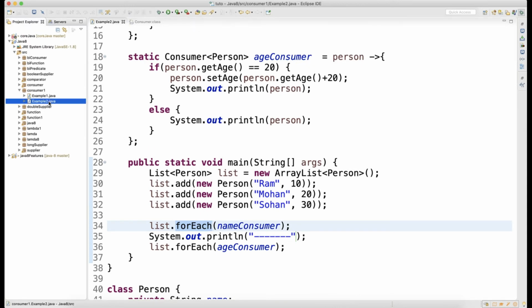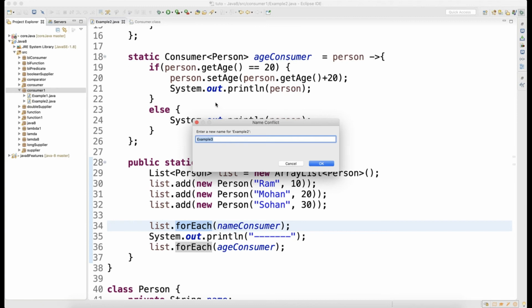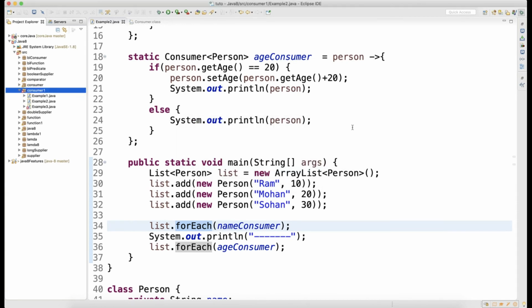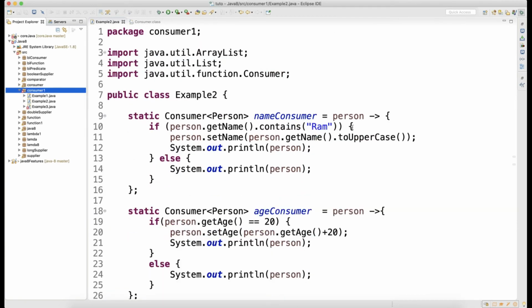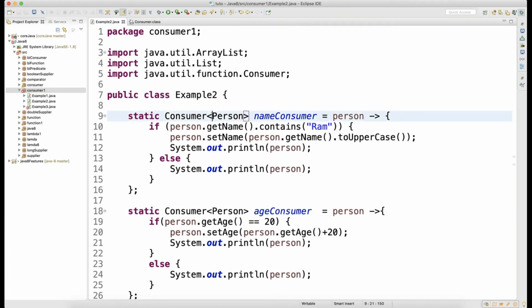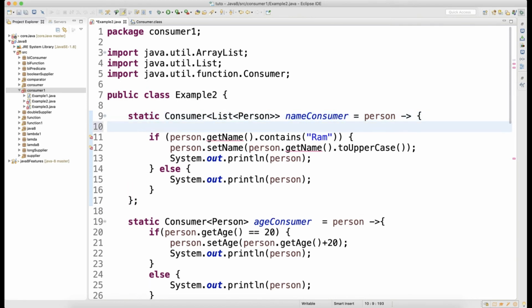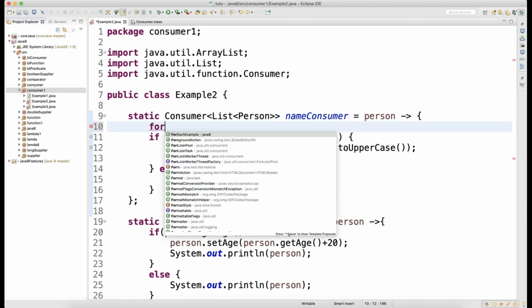Let me copy the same so that I can avoid writing a lot of code. Now my consumer is the same, name consumer and age consumer. Only the thing is here my input is going to be list of person, and since it is the list, I will run a for each loop.